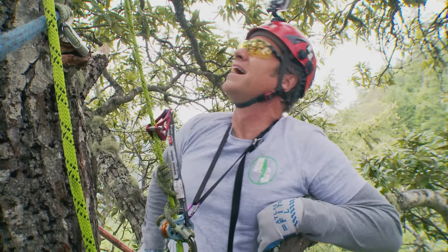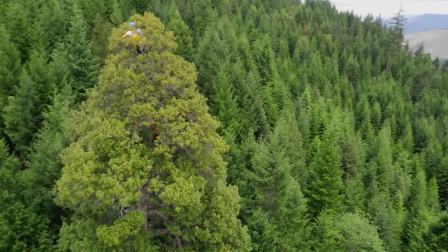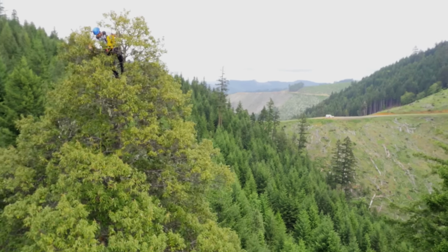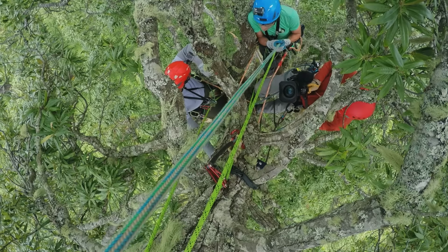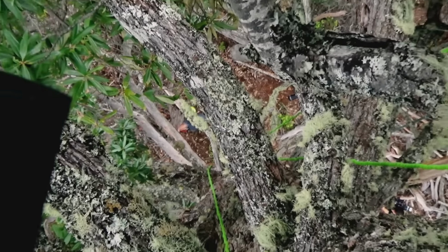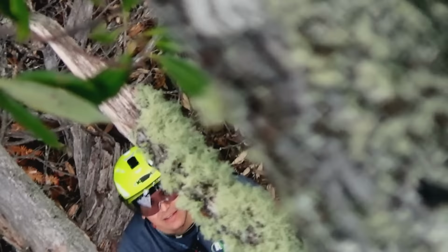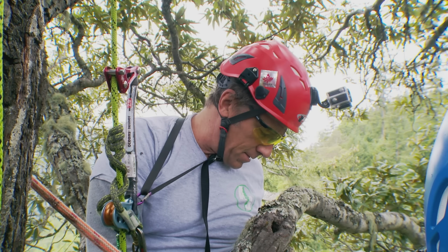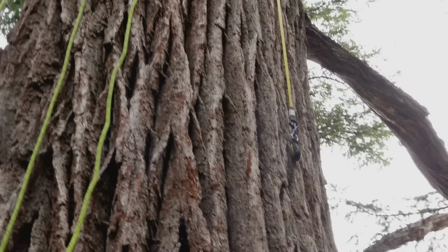Mike, as I'm lowering this down past you, I don't want to have deflection in the line because that's going to add length. I understand. I can see Tyler right on the ground. Oh, really? Yeah, I got a straight shot right here. Nice. Well, then that's where we're going for. Now, I am going to try and guide it straight down this way, along that line, and ultimately to, looks like